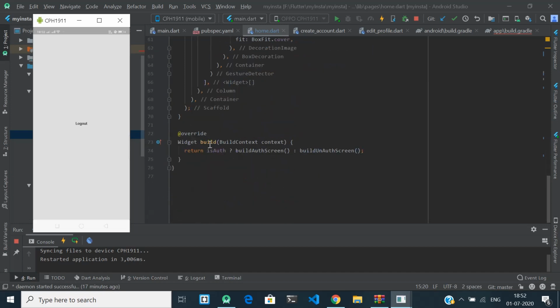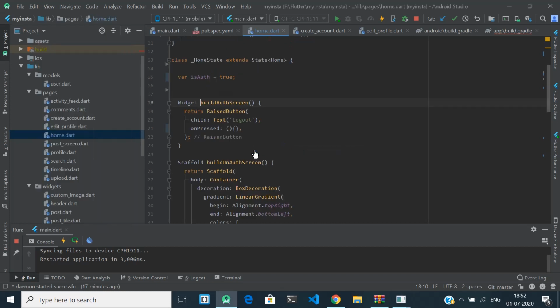Whenever this build is running, is auth is true now. So instead of build unauth screen, we are actually going with build auth screen. If you see the widget build auth screen, it is just returning a raised button which has the text like logout, and there is no onPressed functionality. So the clickable option in logout will also not work.